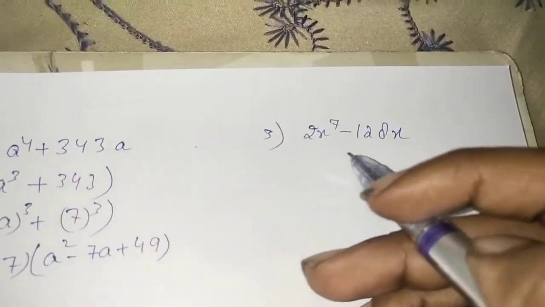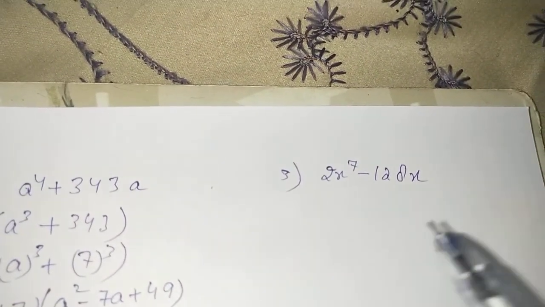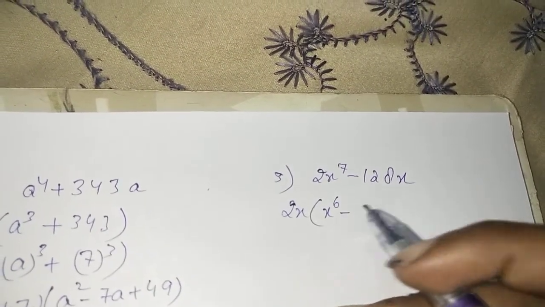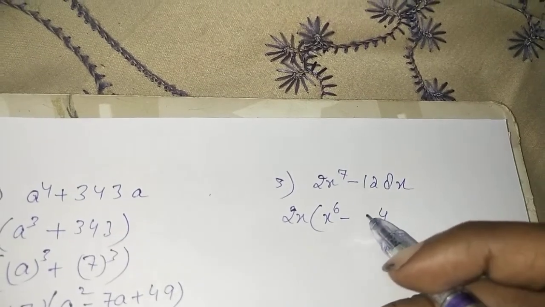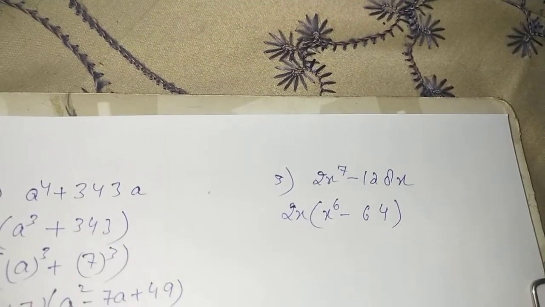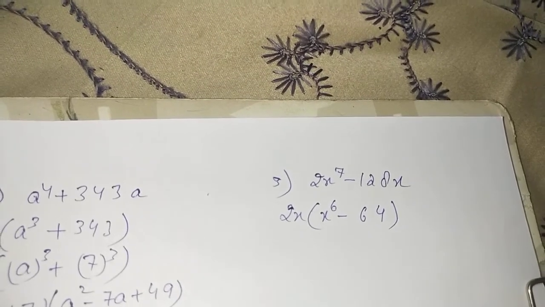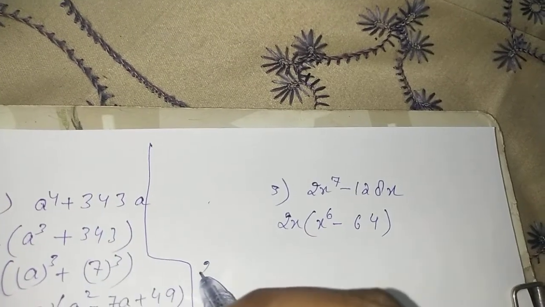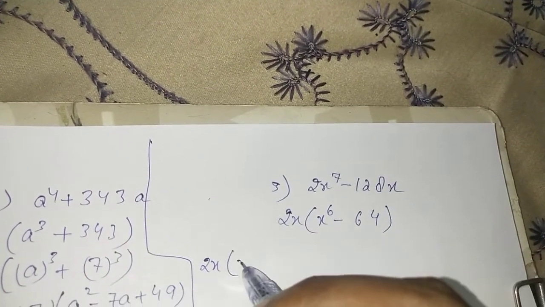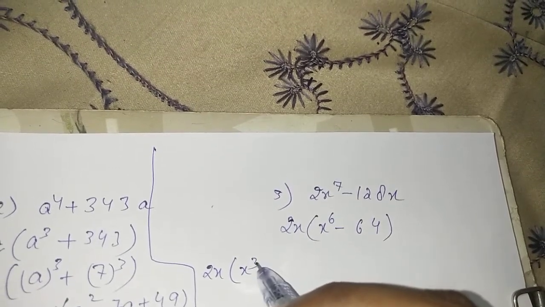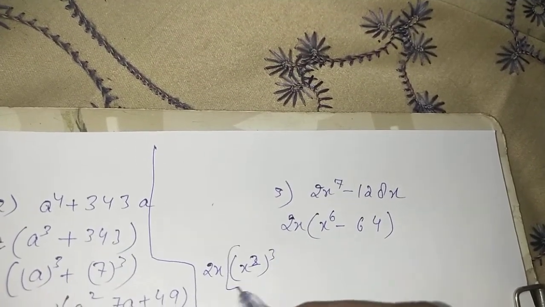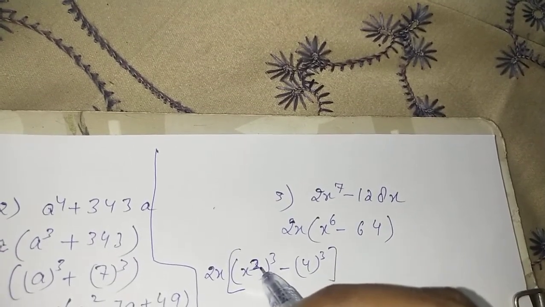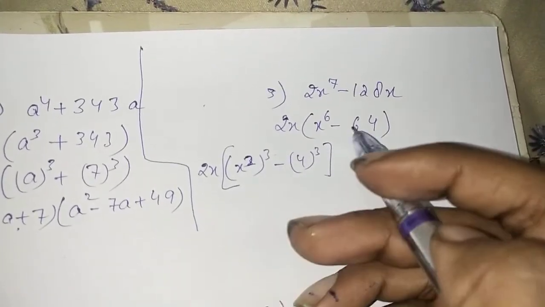Let's take this one. Now we can see that we are having a number as well as a variable being common. So take out the common thing. So we'll be left with x to the power of 6 minus 8. Isn't it? This is what we are going to obtain from here. Now what can this be written as? Let me draw a line. It can be written as (x square) whole cube minus 4 whole cube, because power and a whole power, both the powers get multiplied, and this is what we are going to obtain.